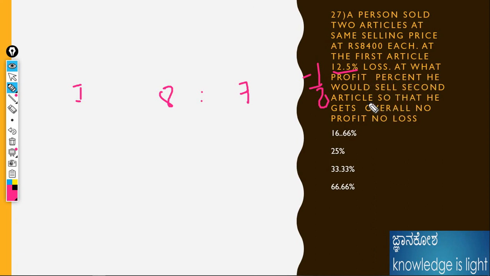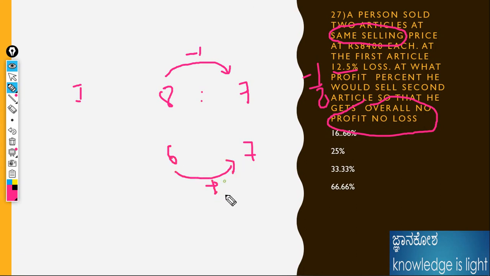Okay, if no profit and no loss values are coming in this kind of problem, I will show the shortcut. Here a hint is given as well: the person sold the two articles at the same selling price. Hide the first article. This should be less, meaning no profit no loss. The selling price should be the same, so it should be 7 only. We need to assume that, then the profit should become 6. Isn't it? This is the plus one. We need to think like that in our mind.